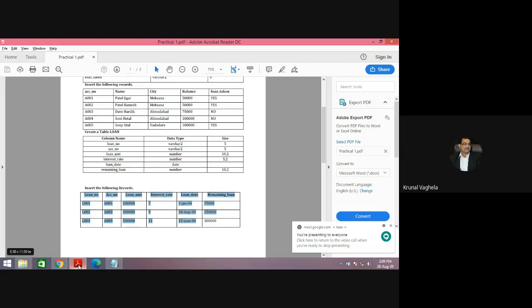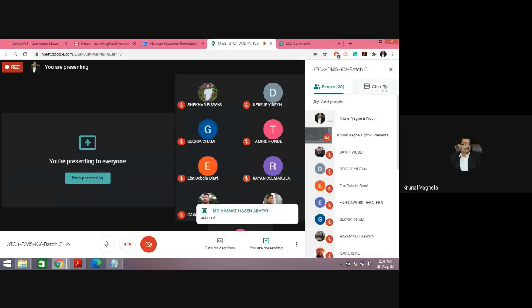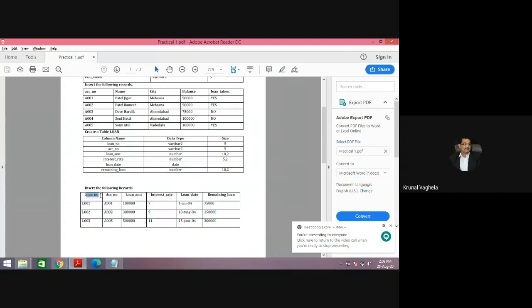Will I get it from the account table or from the loan table? Account table. No, Sekhar, it is account, because see, in the loan table there is no column called name.